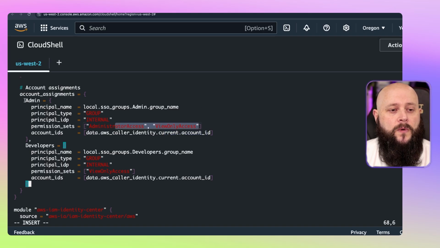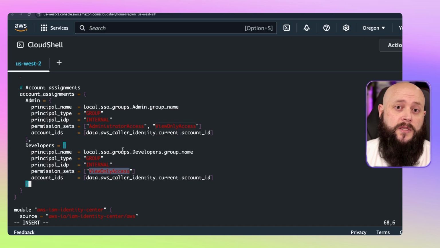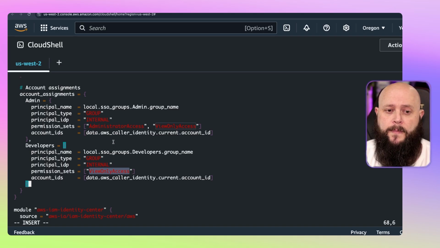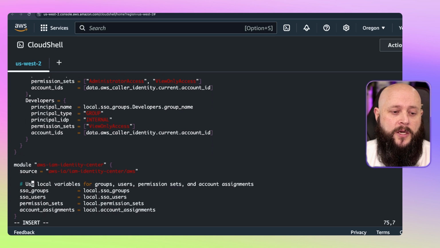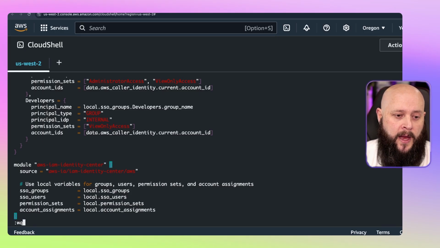So just to clarify quickly, for the admin user, we're going to give it admin access as well as view only access. Even though view only access in this case isn't specifically needed, it's nice to see it there because you can then keep an eye on exactly who's got what permissions. And then for developers, we're going to say they only have view only access because they should be using our CI/CD pipeline to create any infrastructure changes. And then the last part is we actually call the module, which is an existing module in the Terraform registry. And this just sets up all of our infrastructure for us. So we're going to add that.